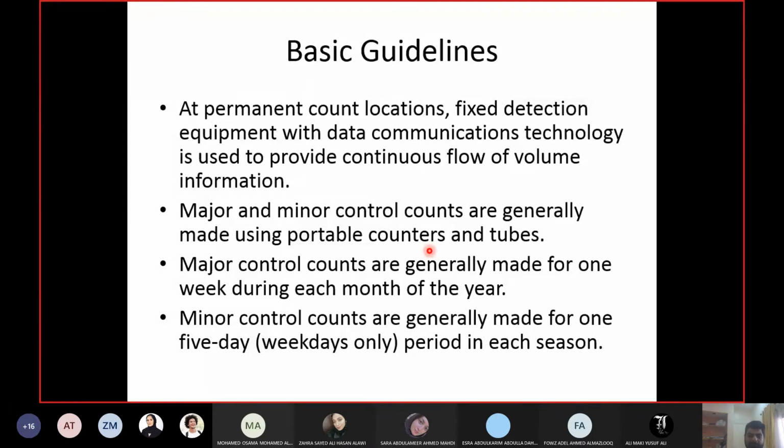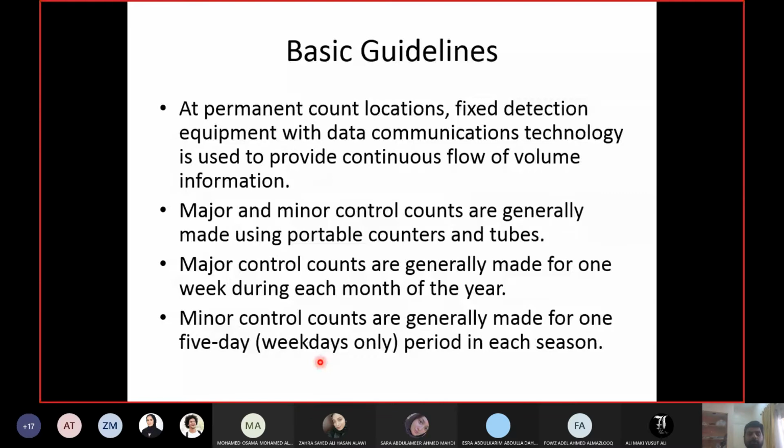Season means 3-4 months. Season doesn't mean that you wait for the weather to cool down or become hot again. No, season means 3-4 months. Because you would say, okay, in Bahrain we have the same weather for 7-8 months, so we'll only collect it for 5 days in the whole year. No. 3-4 months. So 5 days. Which 5 days? Weekdays. When I say 5 days, it mainly refers to the weekdays. So for us, Sunday to Thursday. For the US or other countries in the world, Monday to Friday.